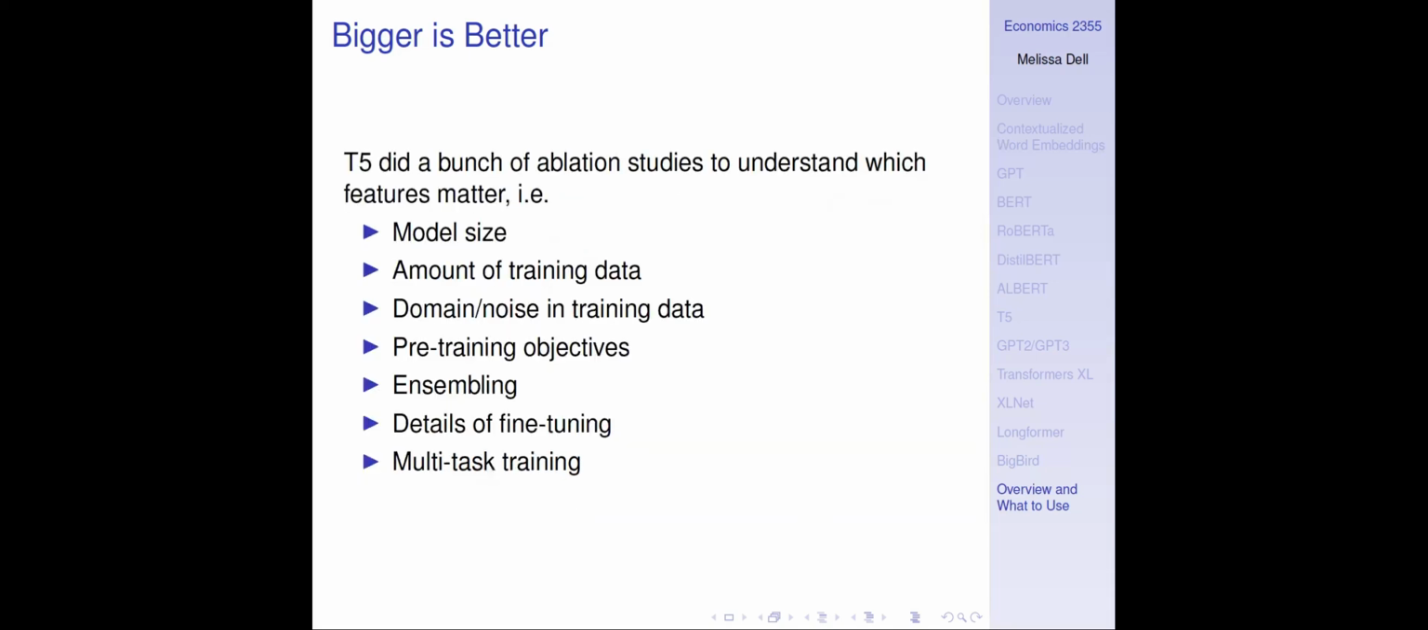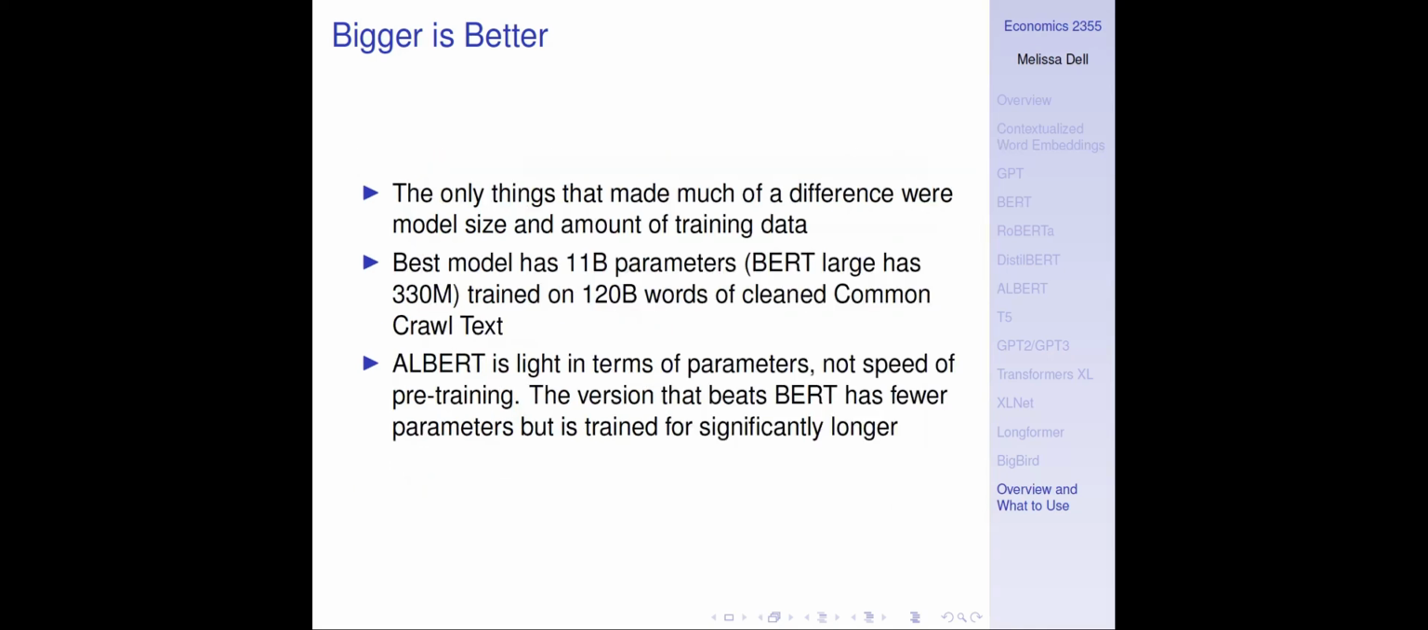Okay, and so on this theme, the T5 paper did a bunch of ablation studies to understand which features matter. So they looked at things like model size, amount of training data, the domain of the training data, the amount of noise in training data, the pre-training objectives, different types of ensembling, various details of the fine-tuning, multitask training. So essentially all these details that go into the sauce of how you make a language model. And essentially what they found is that the only thing that really matters were model size and amount of